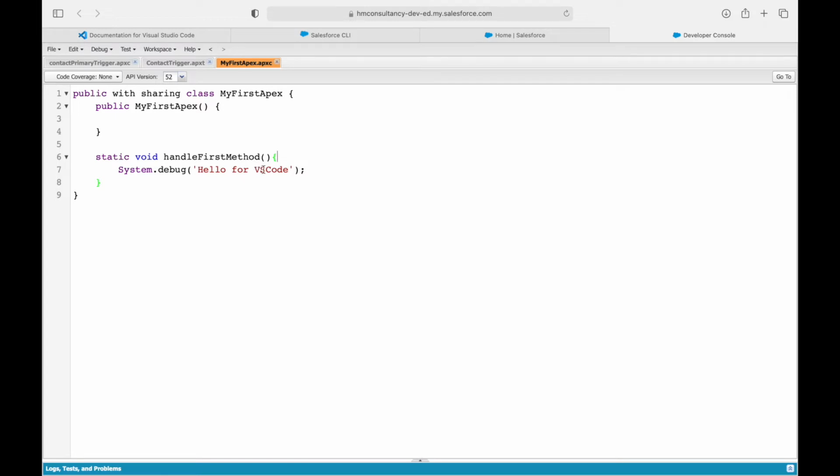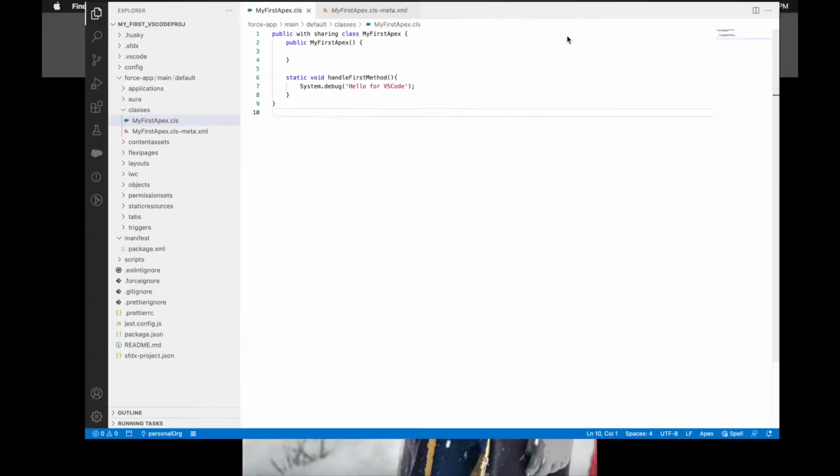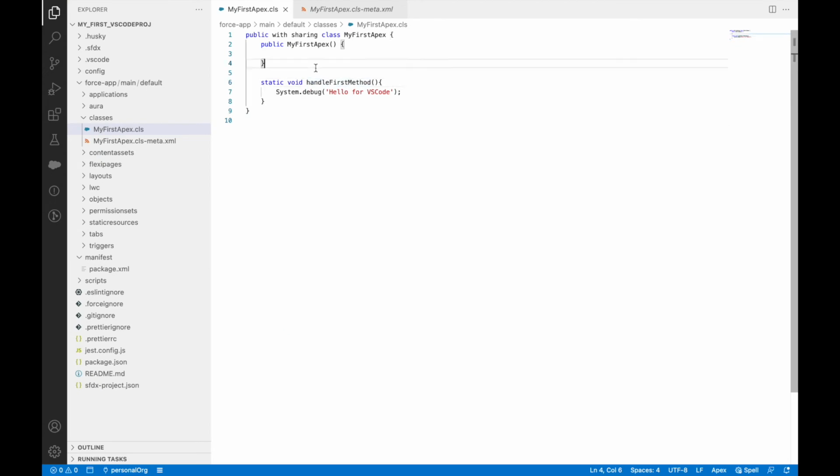So now, let's say I make a change, let's say "hello from Salesforce org to VS Code." Let's say this is the change I made. So if you see, this is the latest version that I have of my Apex class and this is the older version. Now to fetch my information from the Salesforce org to my VS Code, what I can do is